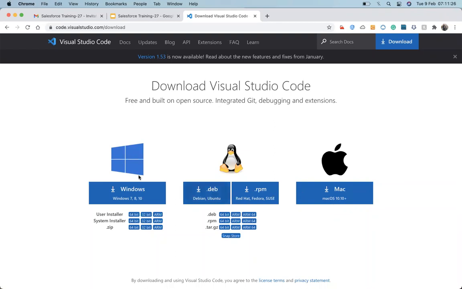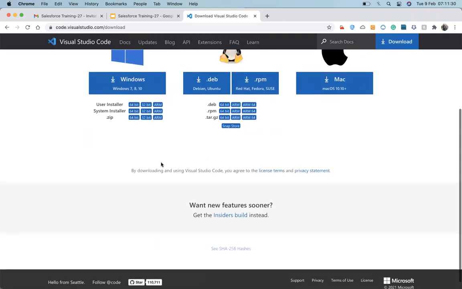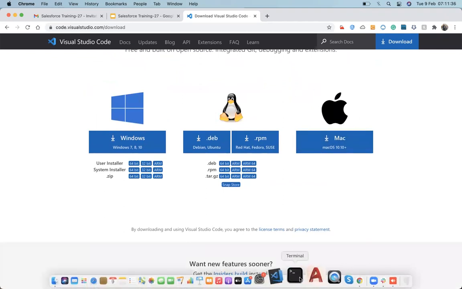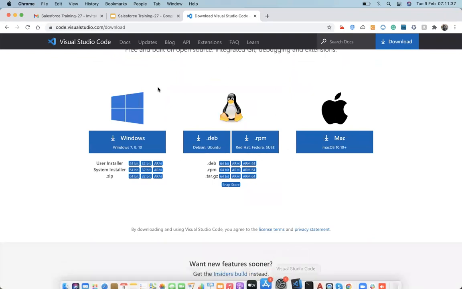Once you have downloaded and installed VS Code, after the installation, it will look something like this.